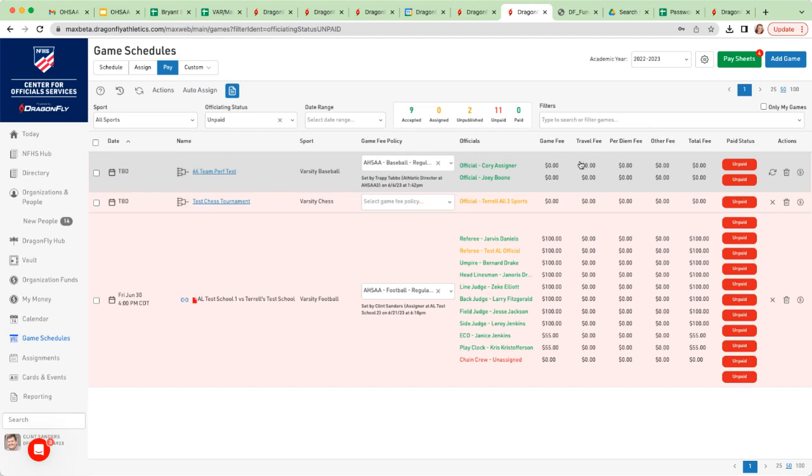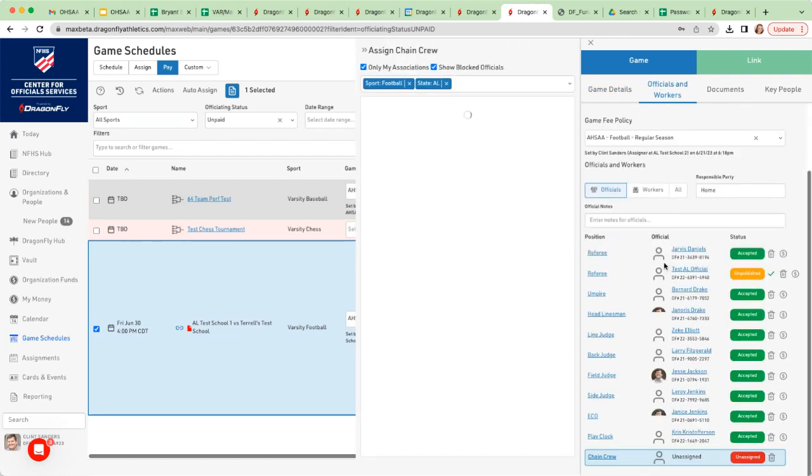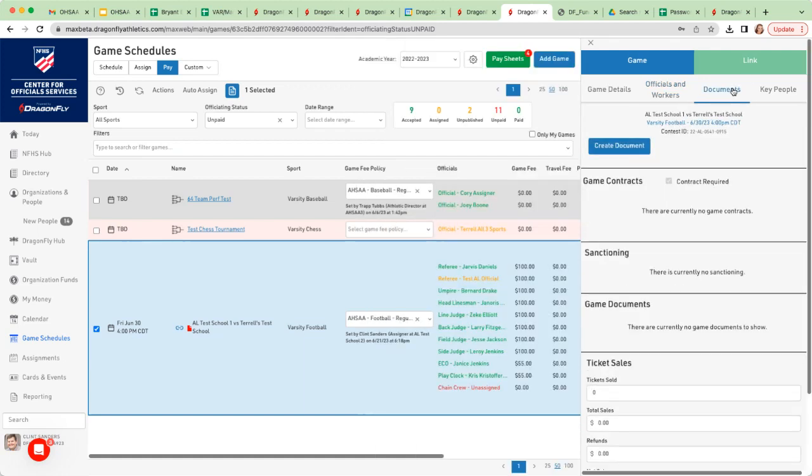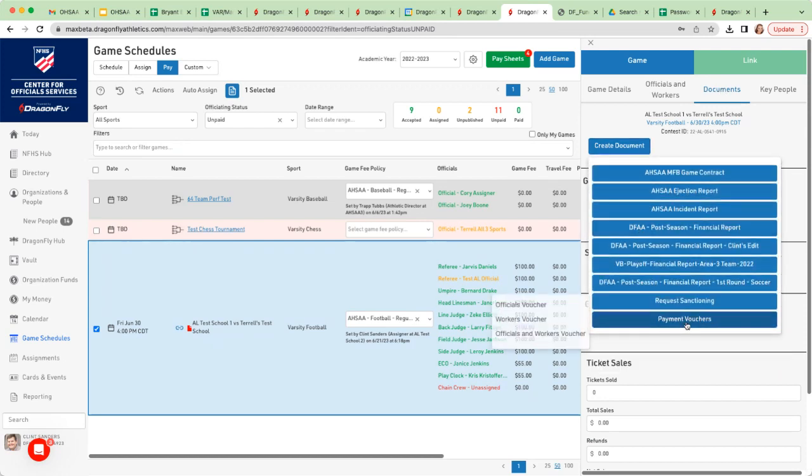Also here in the game schedule, if you click anywhere on a game, kind of like that transaction detail, this additional side window opens up, and this is where your game details live. So when they're creating that game, the officials and workers, all the assignments that are being made kind of behind the scenes. But in the documents tab, I just like to point out for our finance folks, there is the option to create a payment voucher. So if you go to documents, create document, and then payment voucher,